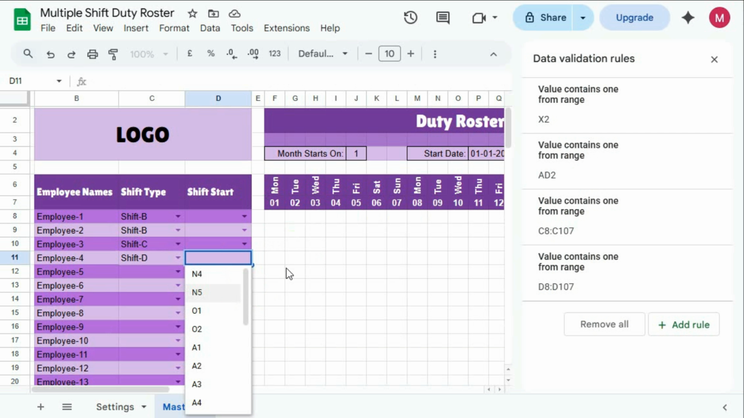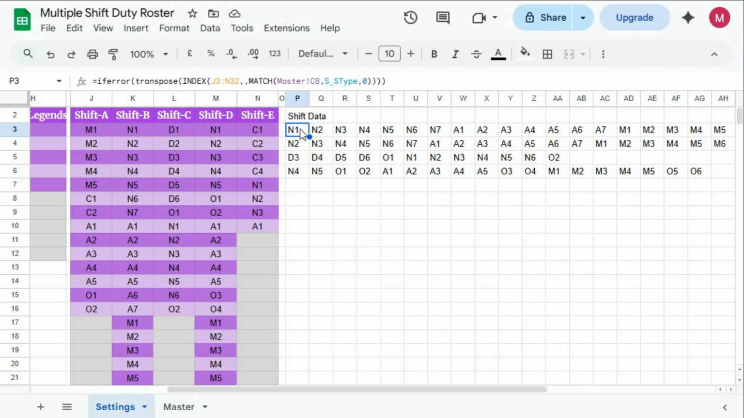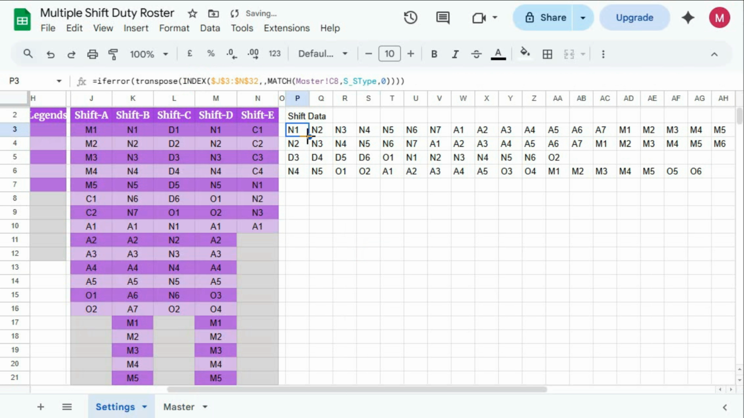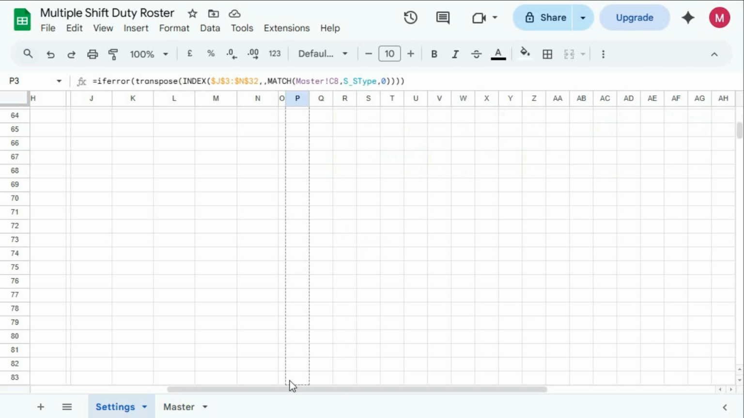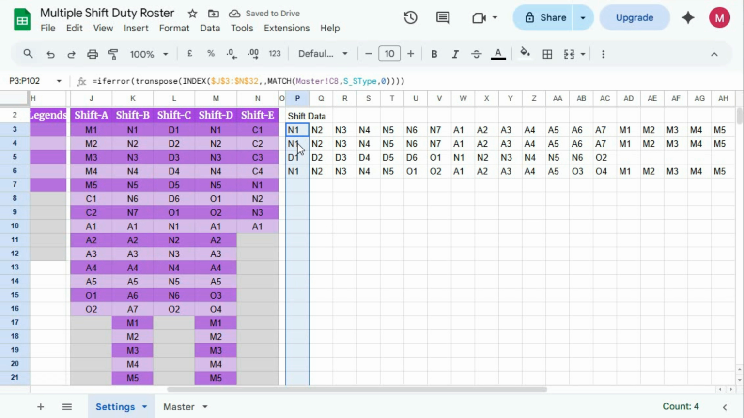Okay, here is still some mistake. So again, let's go to the settings sheet. Okay, here it starts from N1, N2, D3, N4. So here is the actual mistake. So we have not locked this range. So press F4, enter. Now drag this till 102. Okay, now you can see start from N1,